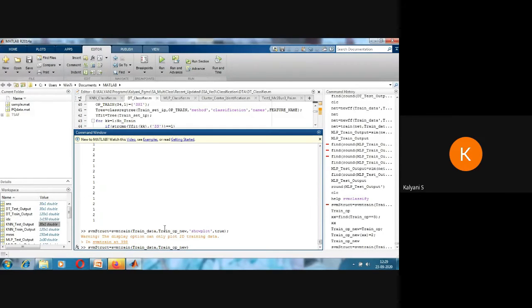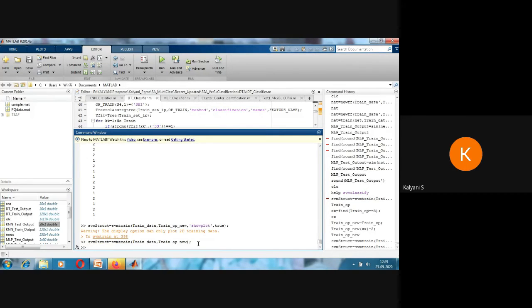Are you able to understand? It is able to plot only 2D. That means in train data we have 4 variables: petal length, petal width, sepal and so on. So it cannot plot all four. If it has two, it will plot. So now it is not showing any error. The structure is built because show plot is removed.